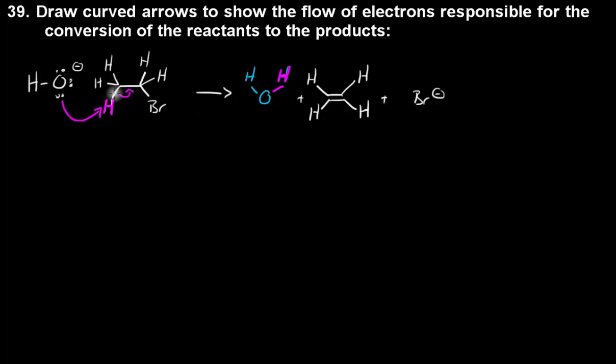We're taking the electrons that used to be in the carbon-hydrogen bond, and we're using them to form a new carbon-carbon bond. So now, at this point, a lot of students will stop, and that'll be the end of it. And that's totally not the correct way to draw all of the curved arrows. Okay? If you stopped this way, what you would be saying is that you would be getting,